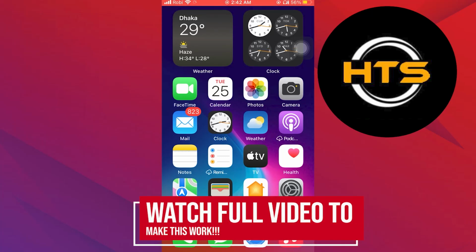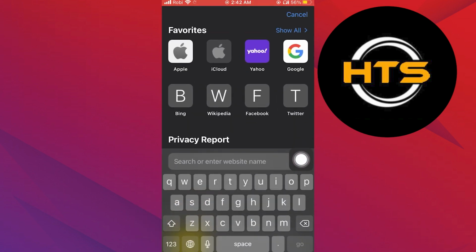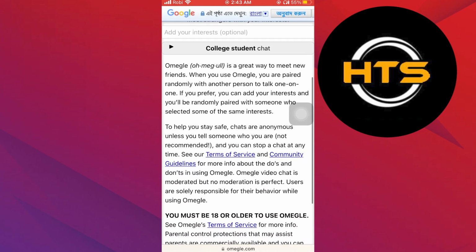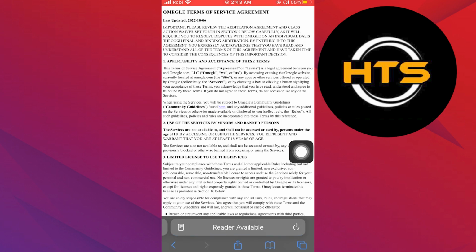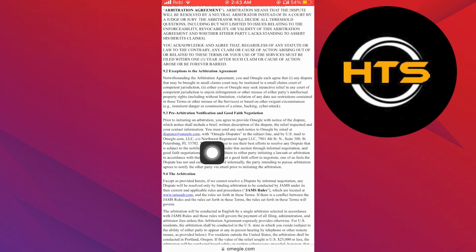Hello everyone. In this video, I will show you how to unban Omegle on iPhone. Open up the web browser. Search here Omegle. Click to open its site. Then scroll down to Terms of Service. Click to open it. From pre-arbitration notification and good faith negotiation, you can see Omegle emails where you can send